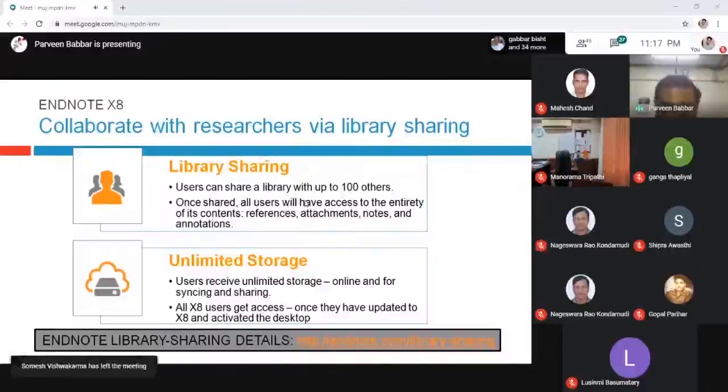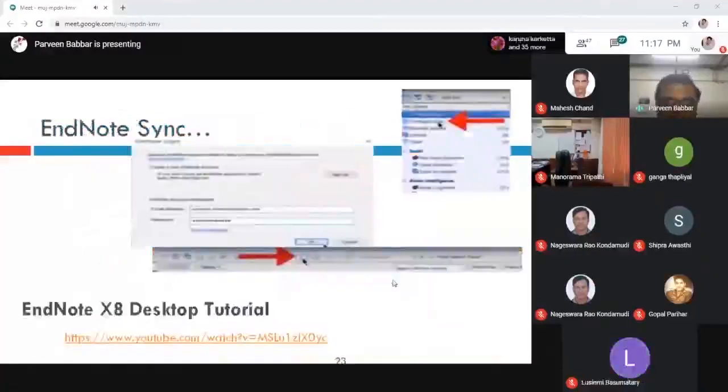All X8 users get access once they are up to date with X8 and activate the desktop. There is a link called EndNote library sharing, so you can click on that and share your work. As I have already told you, EndNote can also be synced across devices.